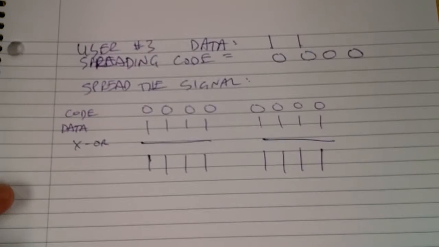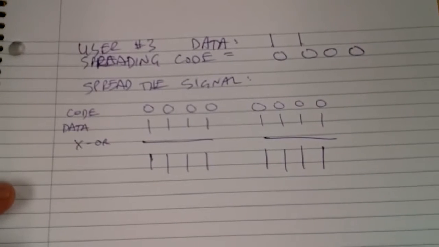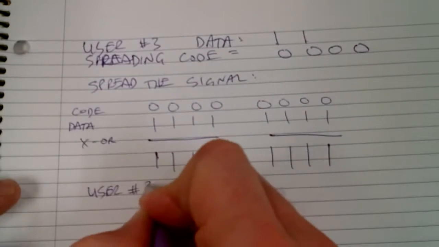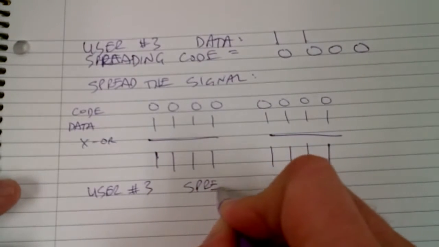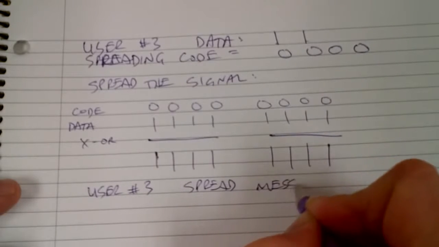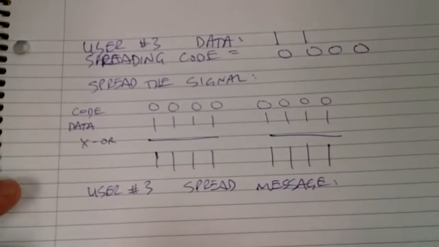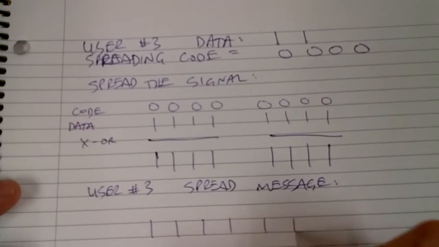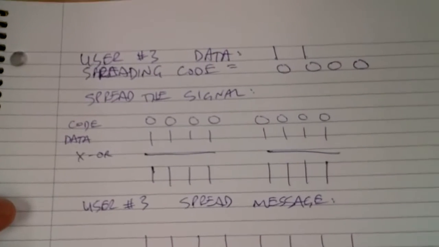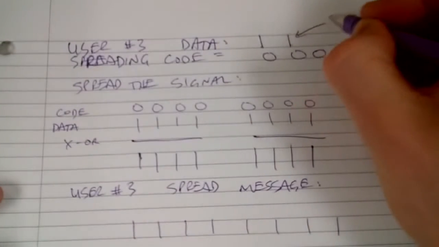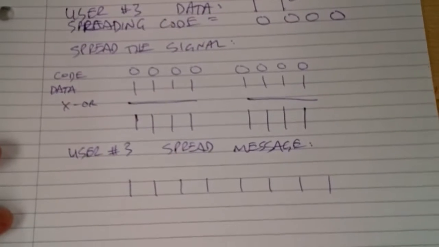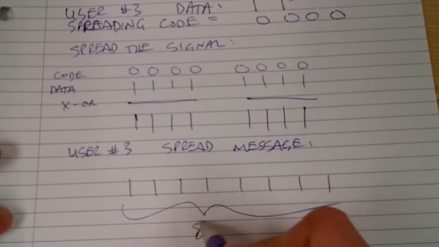We end up with that. So then we have user number 3, spread message looks like this. So just like before, we started with 2 bits, and now we have 8